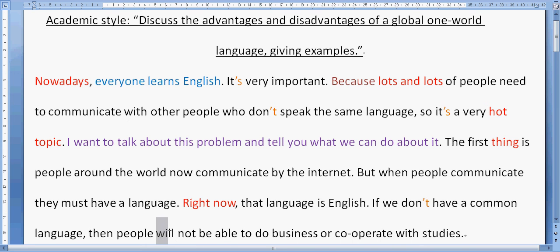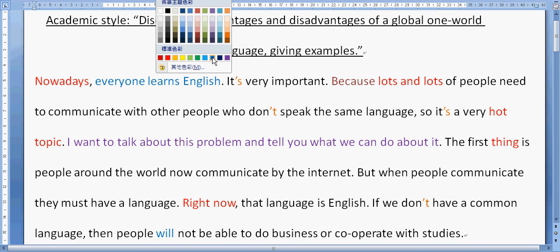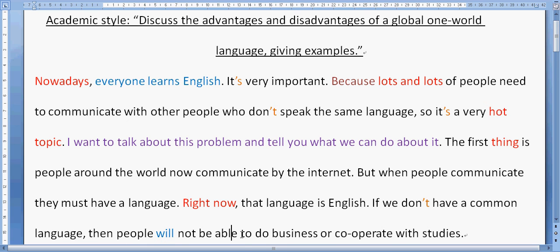So we will change this to something less certain, and that will help that particular sentence. Be able to do business or cooperate with studies. Okay, so that's the end of paragraph 1. Let's take a look at paragraph